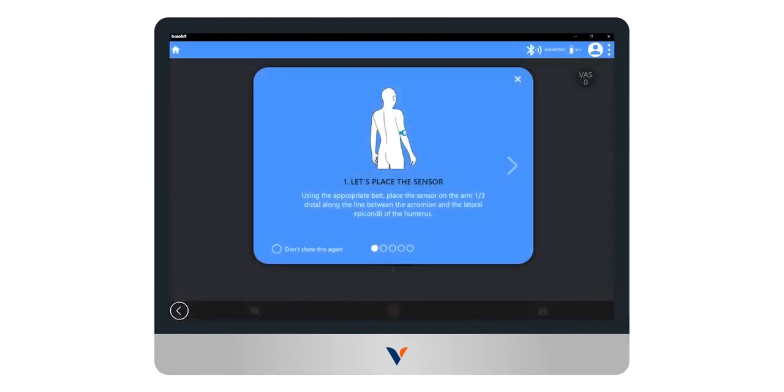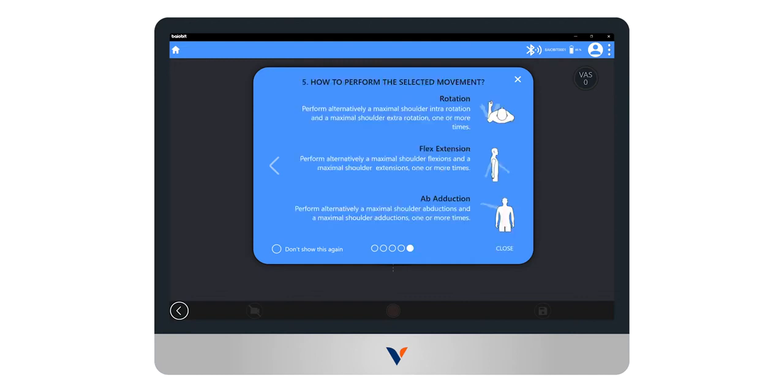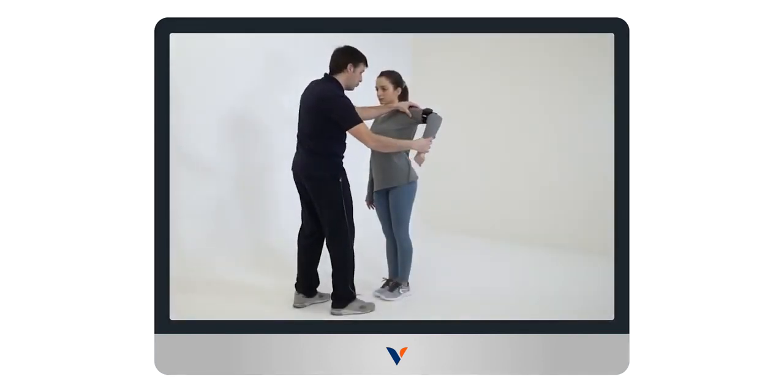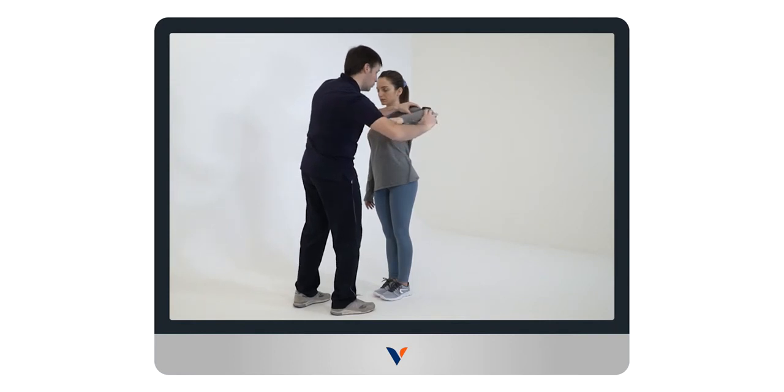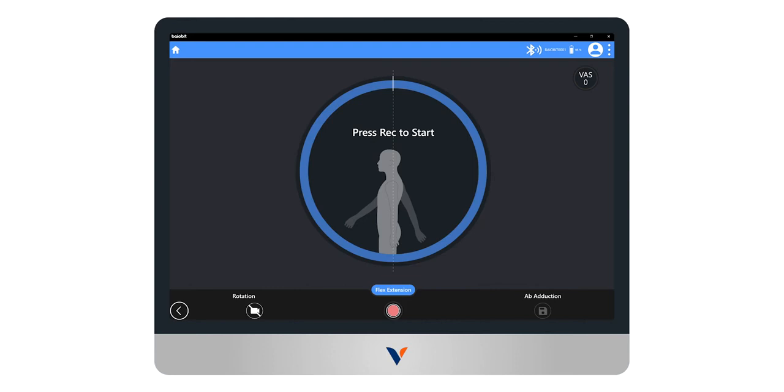The pop-ups also guide us in choosing which arm to evaluate, selecting the direction of movement, recording the test, and explaining the test to the patient. For the test result to be considered reliable, it is necessary to explain to the subject how to perform the test. The shoulder test consists of 3 movements: